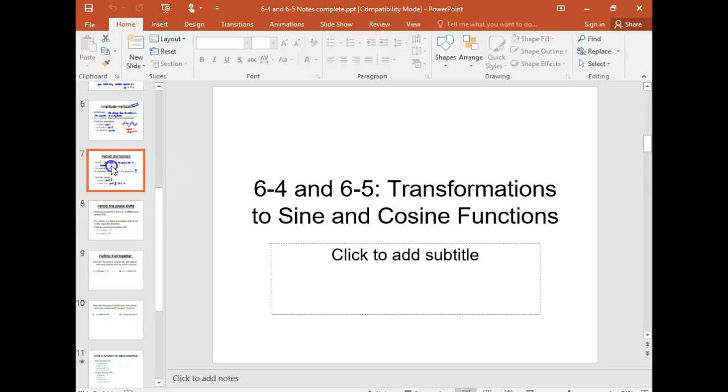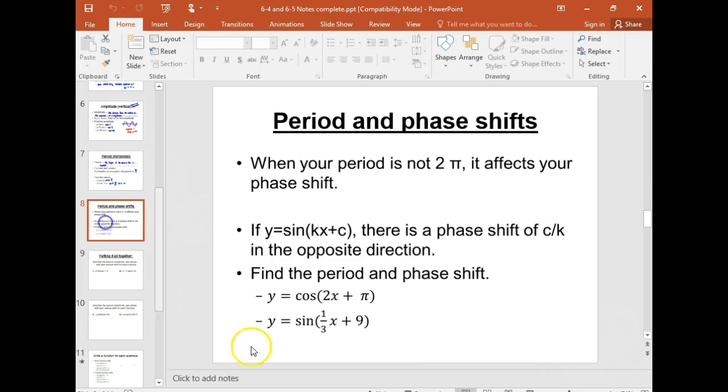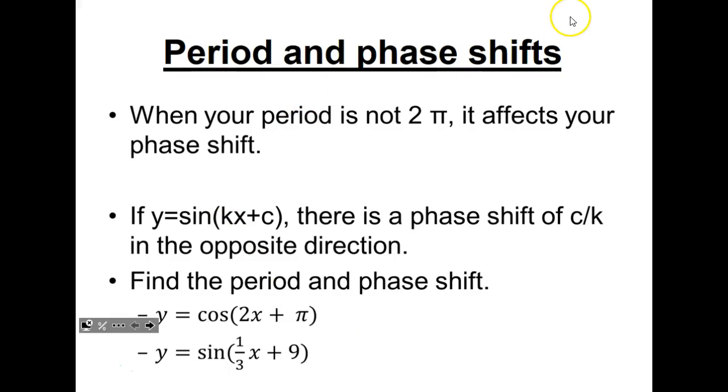So yesterday we looked at the period pretty quickly, and then the last thing that we did not get to was this period when you have phase shifts. So we need to look at that, and then we needed to do some examples. When your period is not 2 pi, it affects the phase shift. This would be a case like, now I realize we haven't done much practice with this, so you may not remember, but if I have y equals sine of